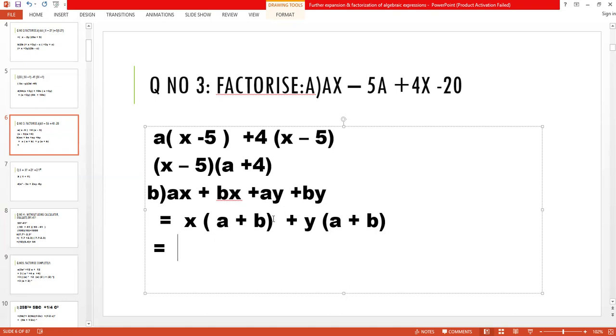See, okay. Again, look at these two terms. The brackets are common in both of these two terms. The bracket is a plus b. Then we have to put another bracket, and here this bracket will go outside. This bracket will go outside. Which one is remaining? X. So here I have to write x, and then I have to write this sign plus, and then a plus b will go outside, and here y is left over. So these are the two parts of question number 3, part A and part B.